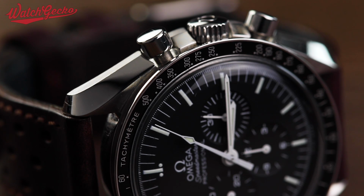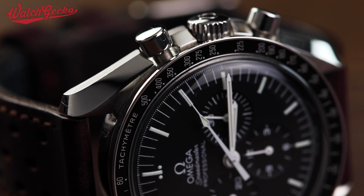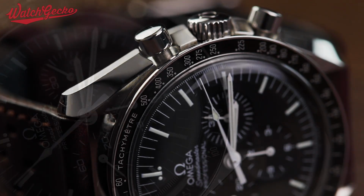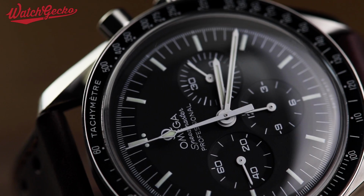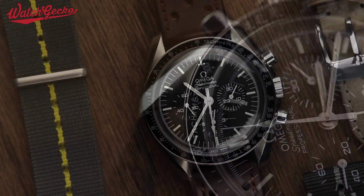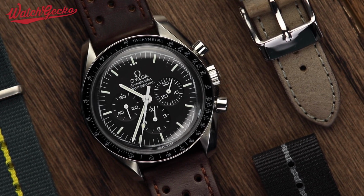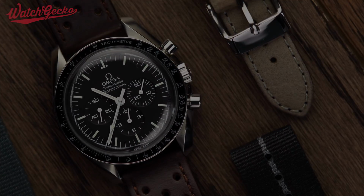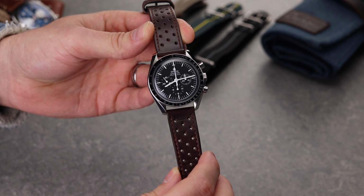And coming in at £3,810, the Speedmaster is a watch that is up there with the true greats when it comes to stories and provenance. If you're a chronograph guy looking to get into the luxury watch market, the Speedy is probably near the top of your list. But what do you need to know before you pull the trigger and add one to your watch box? The classic Speedy we have with us today comes in at 42mm wide with a thickness just shy